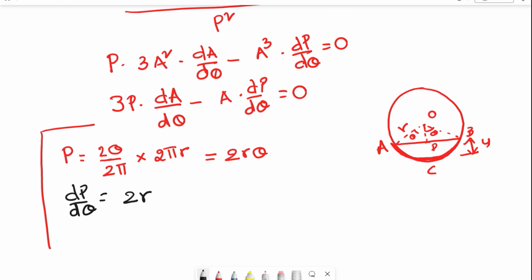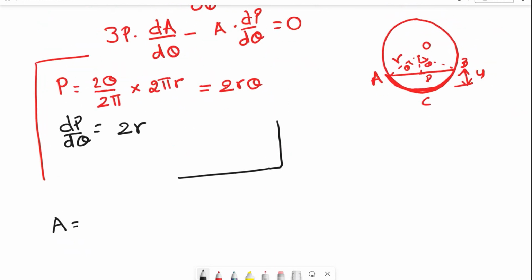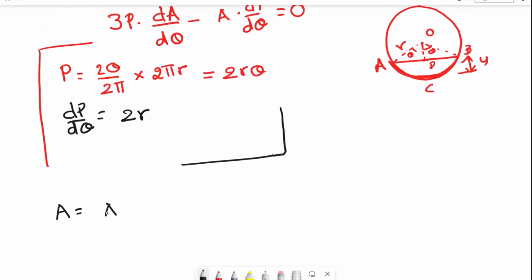2r. Closed. This is one part. Then second part, what is A? A is equal to the area of sector